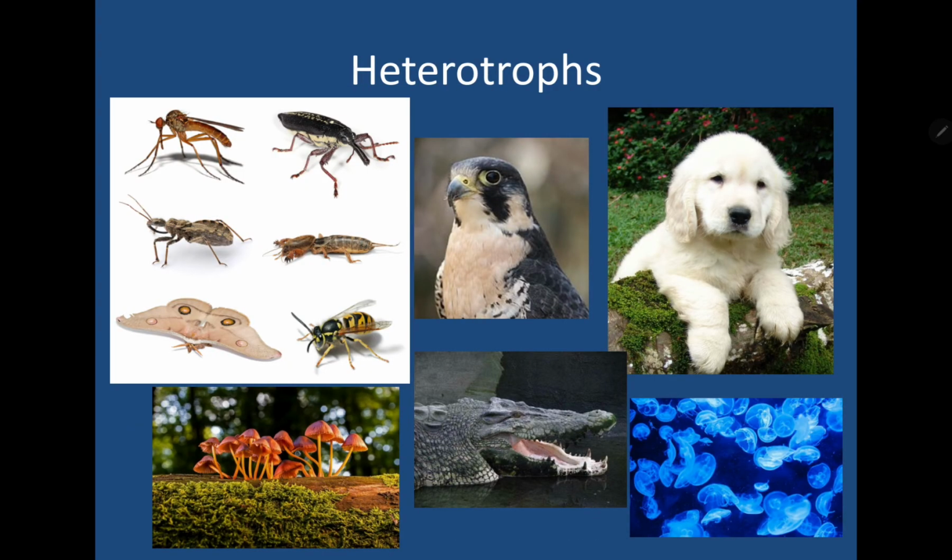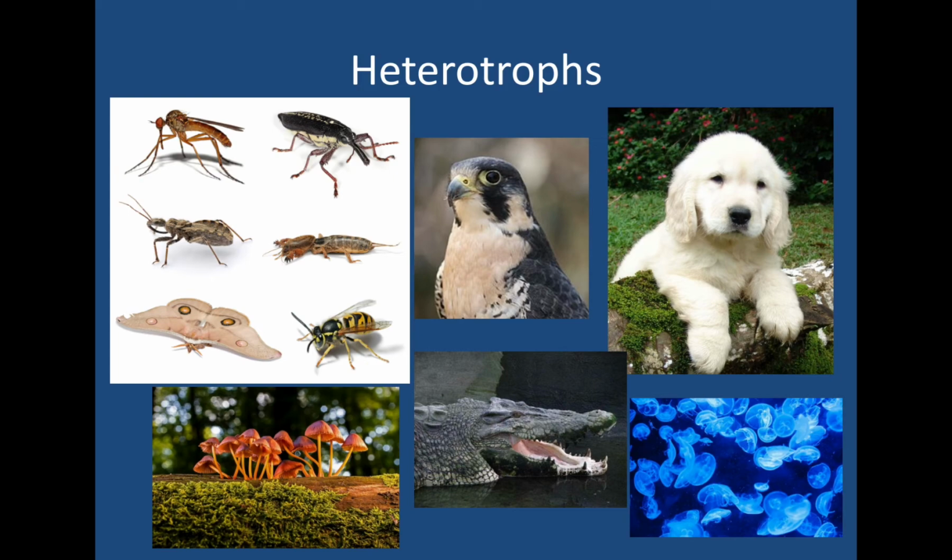So we talked about producers or autotrophs, right? How then do we classify organisms that eat producers and other organisms? Well, these organisms are known as consumers or heterotrophs. We can also further classify them based on what they eat. Those that directly eat producers are known as primary consumers. These are more often than not plant eaters.